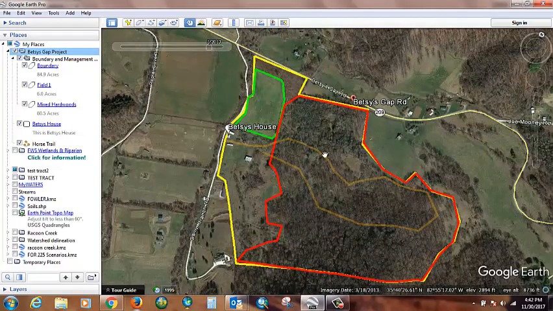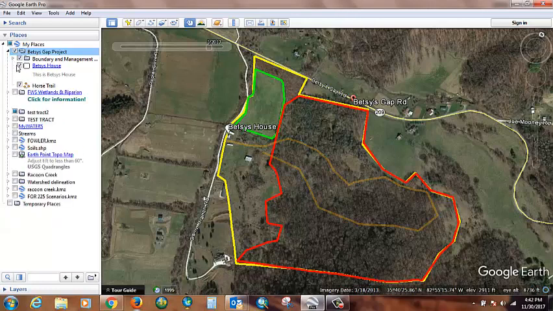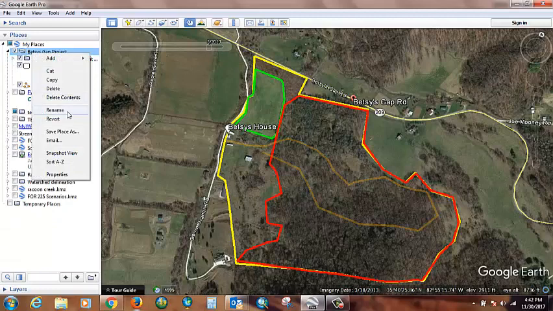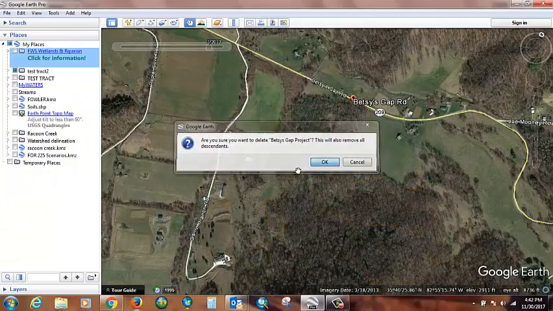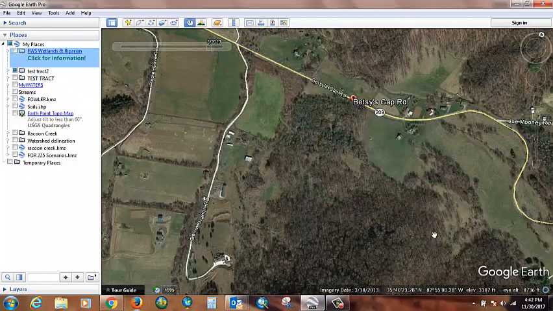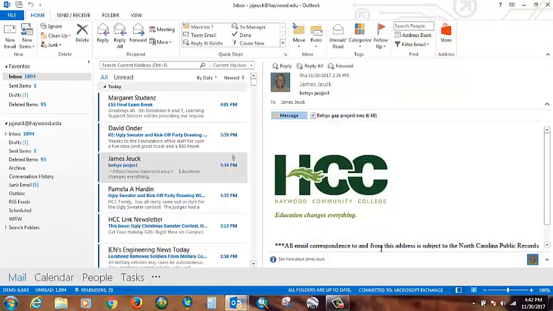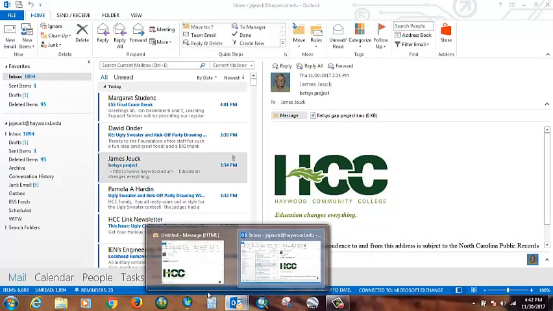Do you want to override it? And I say, yeah, go ahead. All right, so I've done that, right? And I just want to show you that there's no hooju up my sleeve here. Basically I'm going to delete this thing, so it's gone, right? And to show you that this is not magic, I'm also going to quit out of Google Earth, completely. So now I'm going to go into